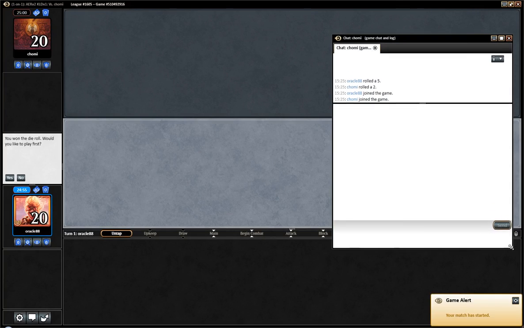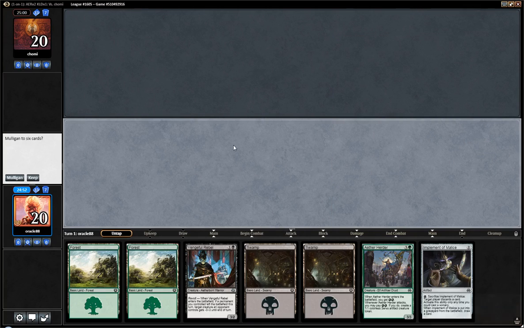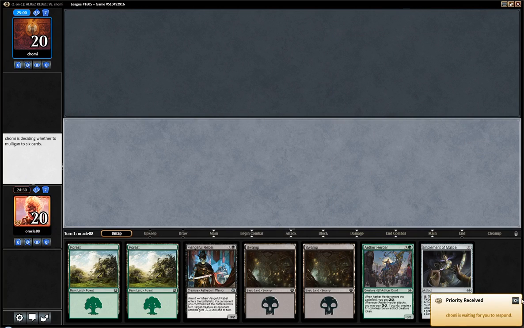Alright, we are back for round 1 against Chami. Definitely want to play first, and it's fine. It's even pretty good as we do have the enabler for the Rebel. It's not a super fast start, but we are on the play, which makes it less annoying, and we'll get a nice 2 for 1 and a decent tempo swing with the Rebel, so...